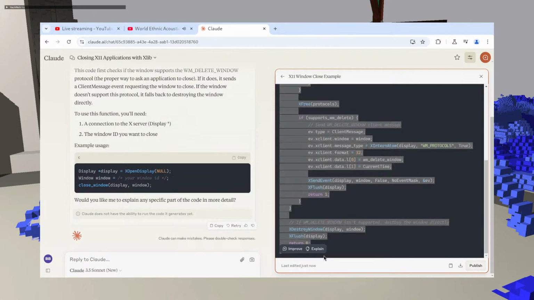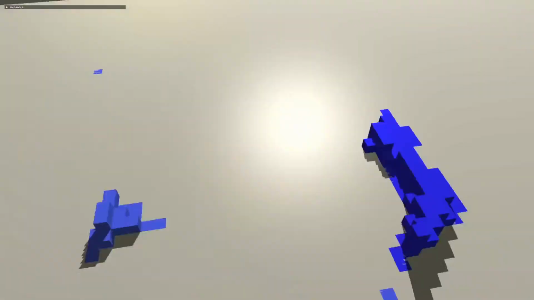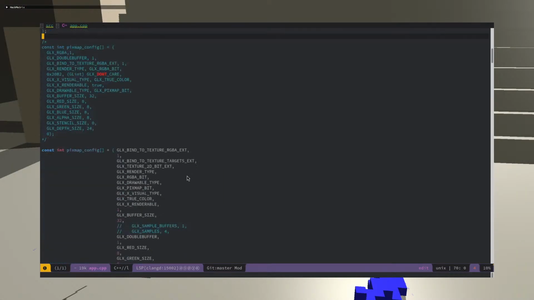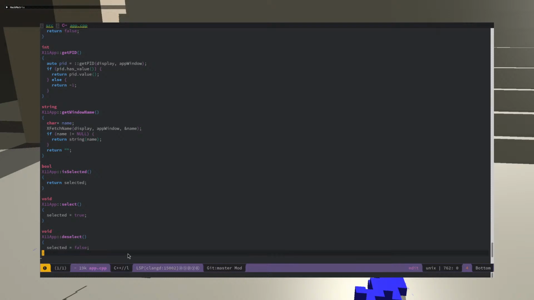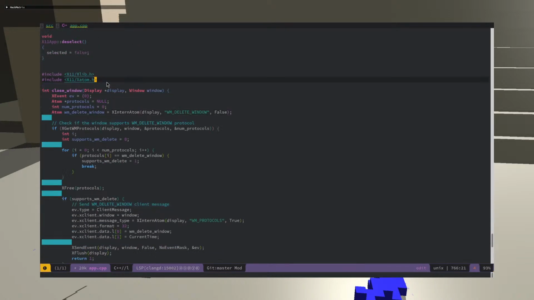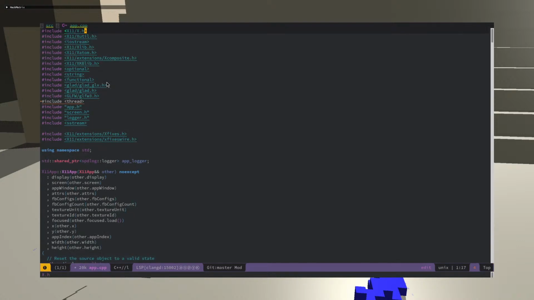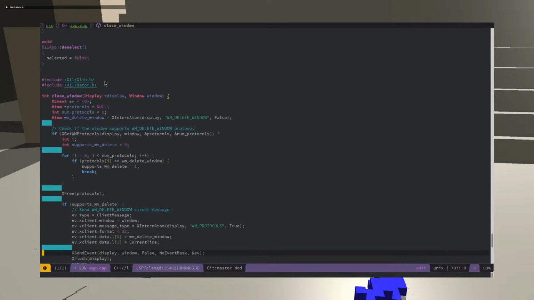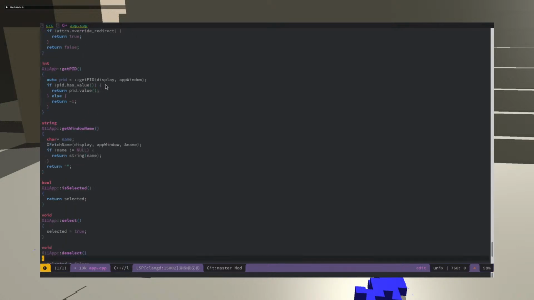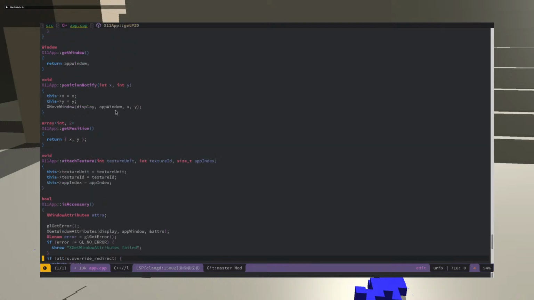Yeah, I'm done with this. Okay, so now I have close window. I think I have both xlib and xatom. And so